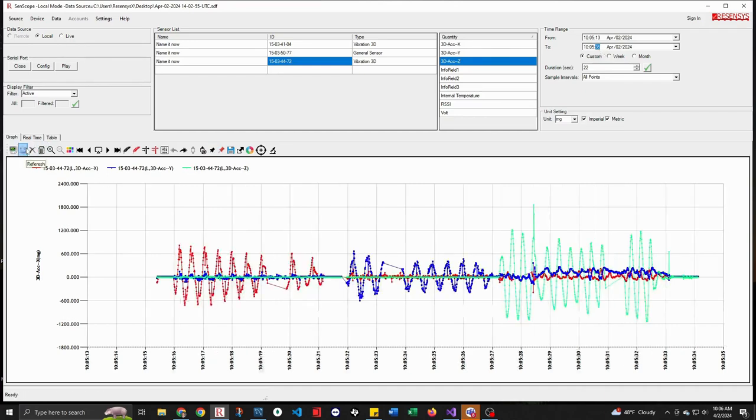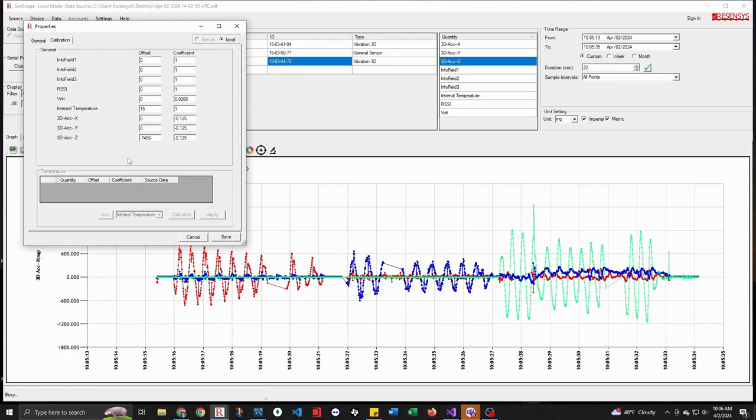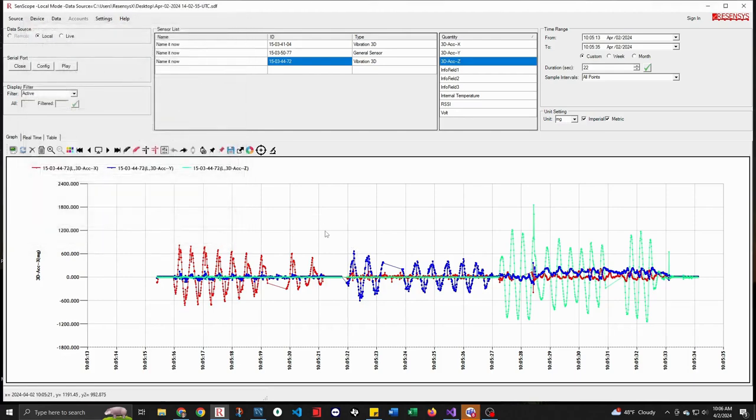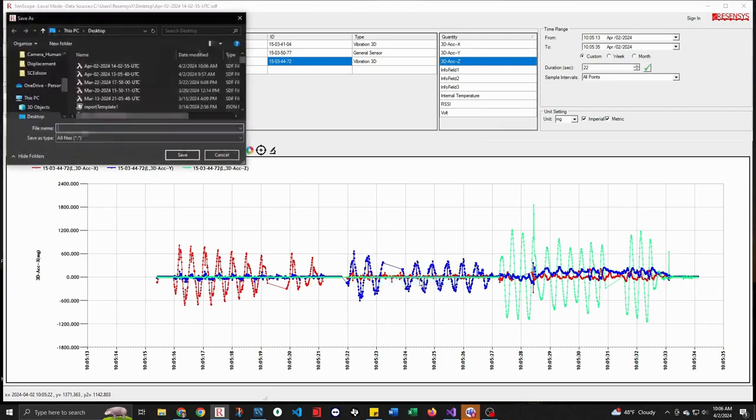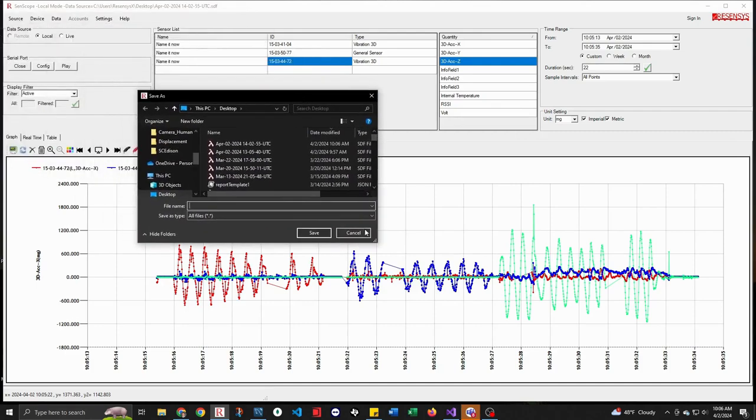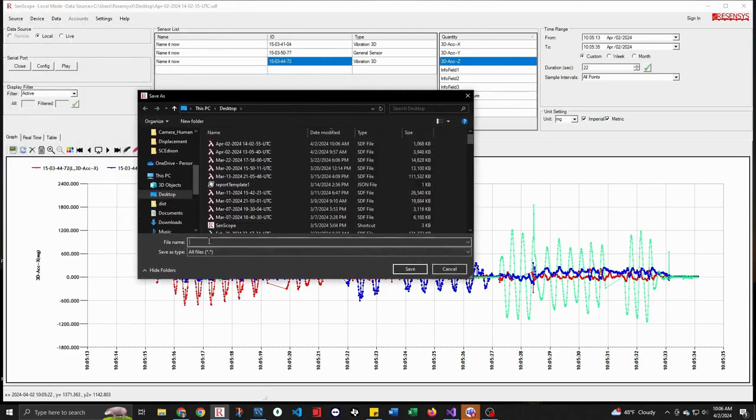And if I just refresh this, this will just make sure that you are displaying only the data that you want. You can obviously expand this or reduce this however needed. Once you have the data displayed and has been properly calibrated within the device properties, you can simply right-click on the chart with the data displayed and select the option at the bottom that says Export Graph to File. You'll be prompted to save the file, and it's going to be saved as XLSX,